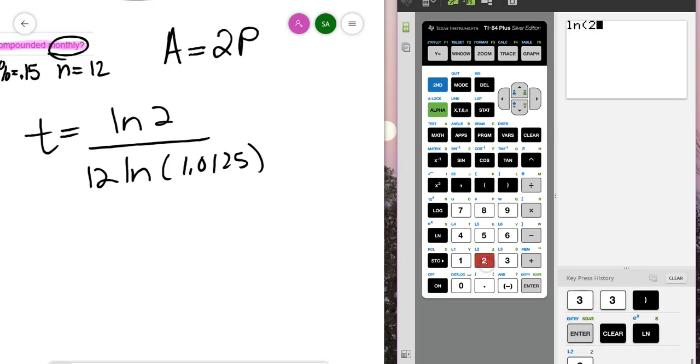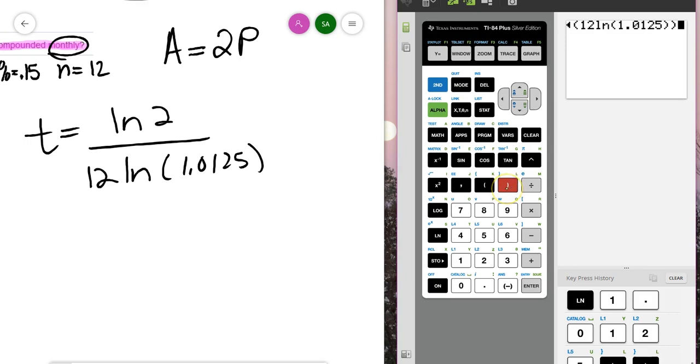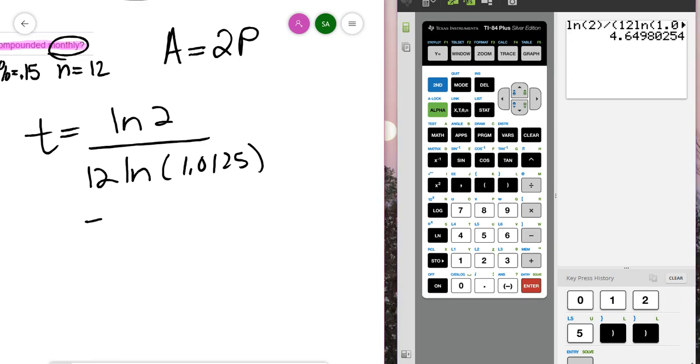Natural log 2 over, I need parentheses around my whole denominator, 12 natural log 1.0125, close parentheses for the log, close parentheses for the denominator. And that gives me approximately